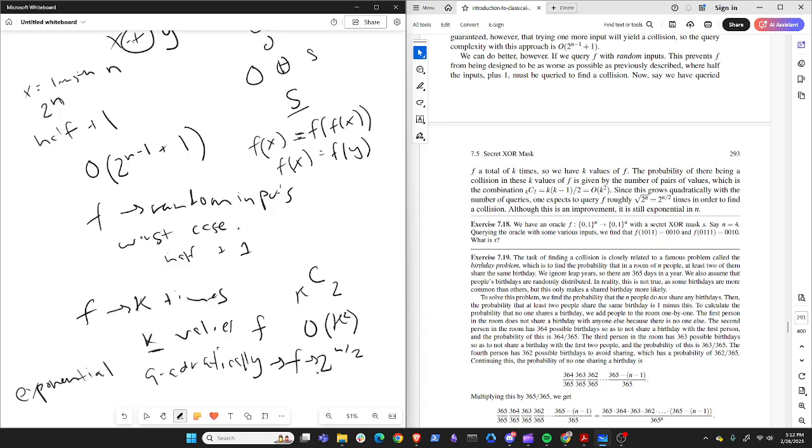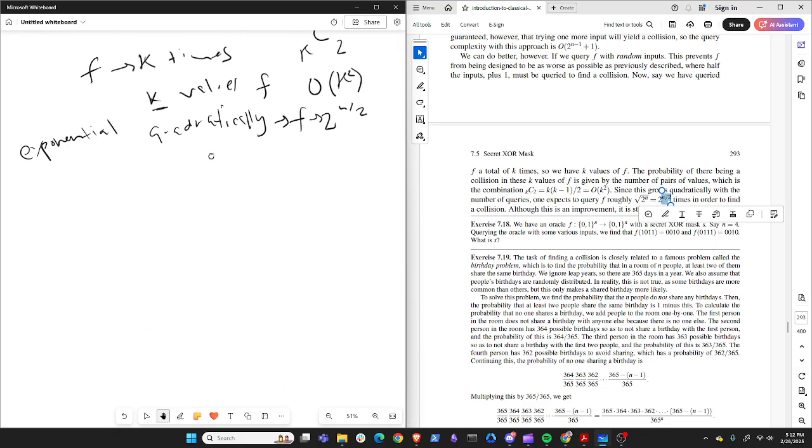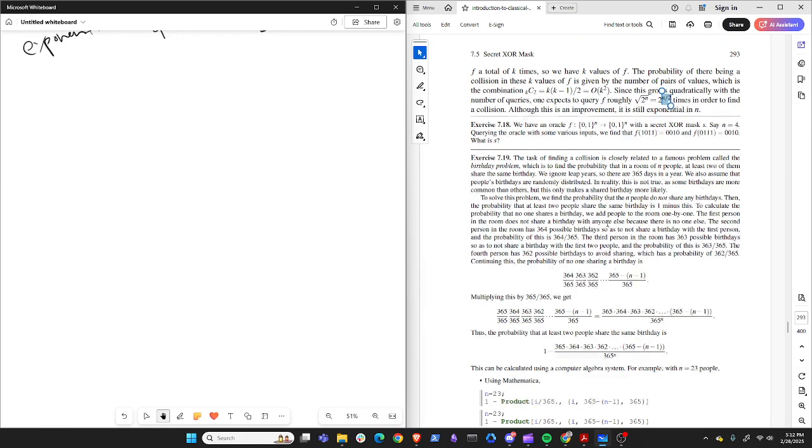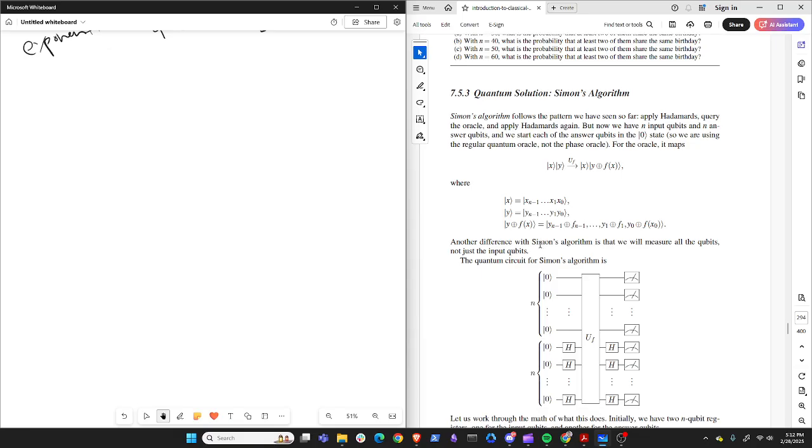So the fastest classical solution has a big O of k squared, which runs approximately 2 raised to the power of n over 2. It's still exponential, however, and so obviously we want the quantum gods to come in here and do it with like one, quote unquote, query again. So the way that Simon's handles this problem, Simon's algo,